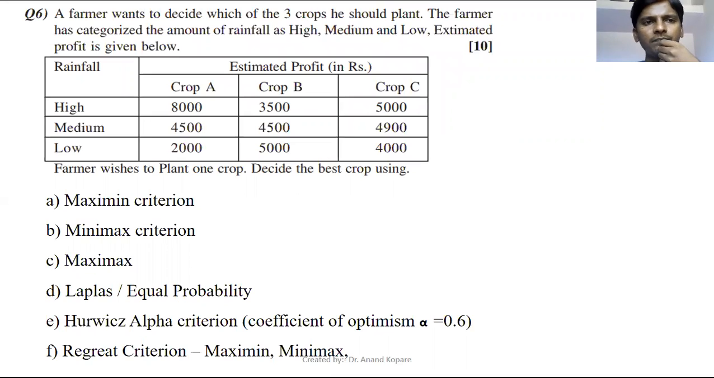So, the problem of decision theory which belongs to uncertainty looks like this, where probability has not been given. The problem is like this: a farmer wants to decide which of three crops he should plant. The farmer has categorized the amount of rainfall as high, medium, and low. The estimated profit is given. It means there is one farmer and he is unable to take the decision which crop he